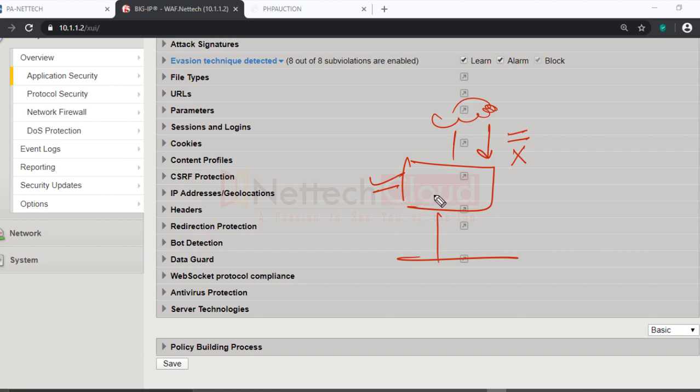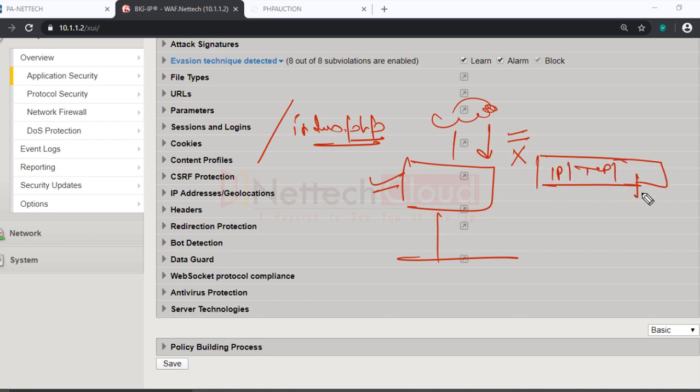But in a web application firewall, if the file type, let's say PHP, is not allowed, then you cannot use PHP. If the HTTP delete method is not allowed, again the HTTP method is mentioned inside the HTTP header itself, right? You must have seen the commonly used method GET, then the slash, and then the version. So GET is what? The HTTP method. So what HTTP methods should be allowed and what should not be allowed, we can specify it here. Parameters, URLs, everything.